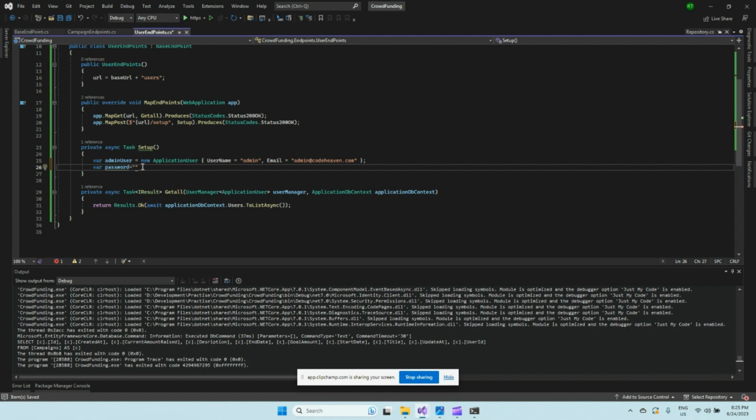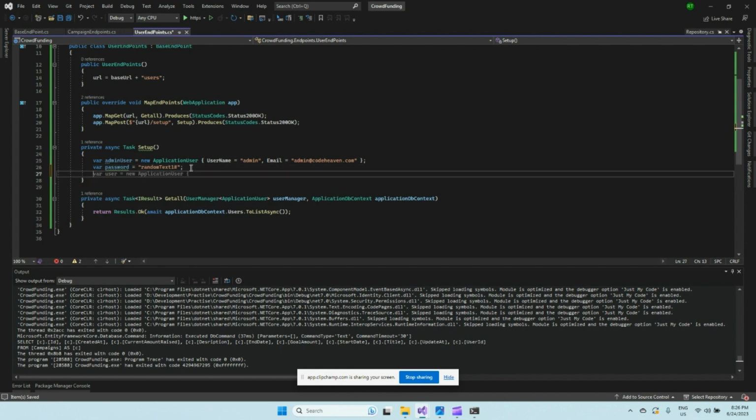Let's just say random text one hash. Okay, and we need to keep a role as well. So our role by default will be an admin role,